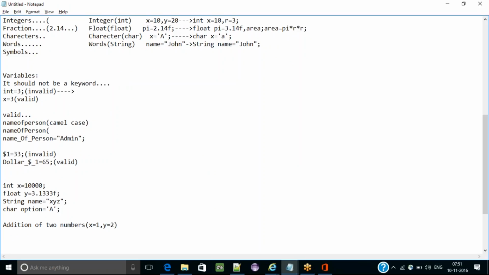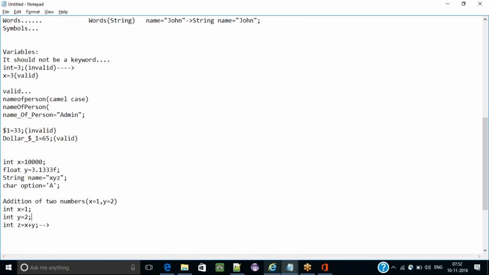how are we going to represent this? First of all, these two numbers are integers. So I have to go this way: int x equal to 1 and int y equal to 2. And then we need one more variable in which we are going to store x plus y, in this way. Now z will be holding 3. So for addition of two numbers, you need two integer variables with values assigned, and finally store the result in a third variable. If I ask you to find the area of a circle